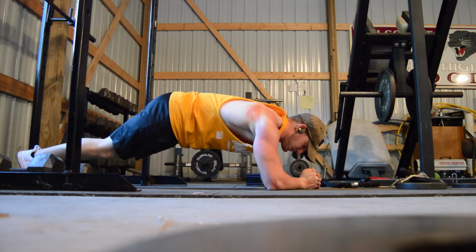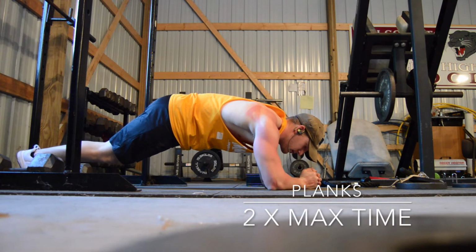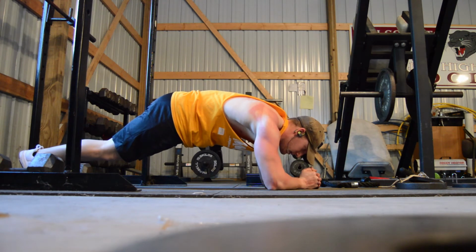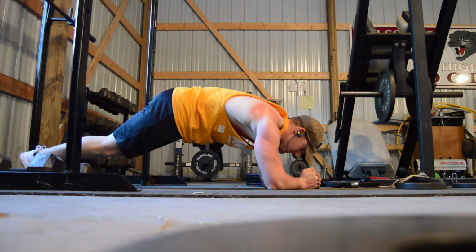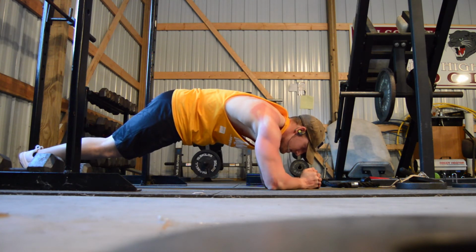And moving on to planks, I really like doing planks. I used to do them just about every workout. I think max time I had up to 4 minutes at one point, but now I usually just do this for a max time or the amount of sets. And you'll notice here you might be thinking you kind of need to get your butt down a little further, but I'd like to show you in this next clip